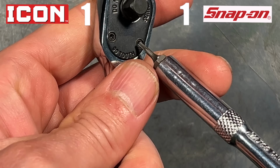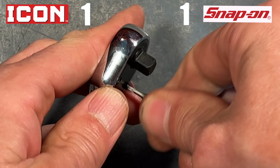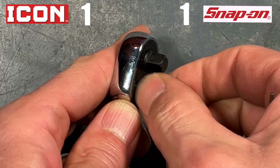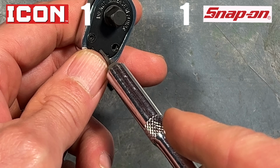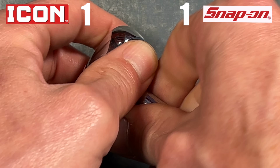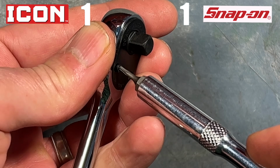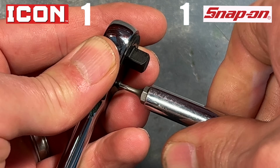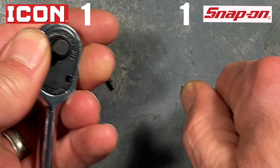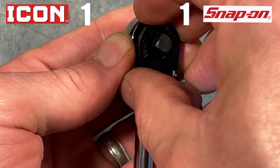Let's do the Icon first. I'll do it quick because we've already seen that teardown in the last video. We compared that to the EP Auto, and I said that in my opinion, this Icon is built way better than that EP Auto ratchet for a number of reasons, but mostly because I liked the pawl on here. This has a much bigger pawl. It's a single pawl design, but the amount of teeth that contact the anvil on the Icon, I like that better than that EP Auto. There's only a few teeth there that contact the anvil,